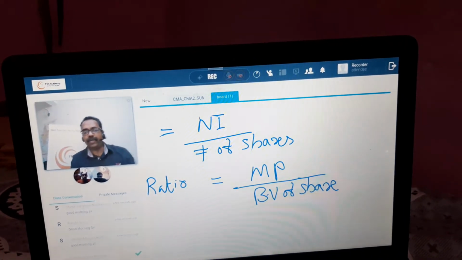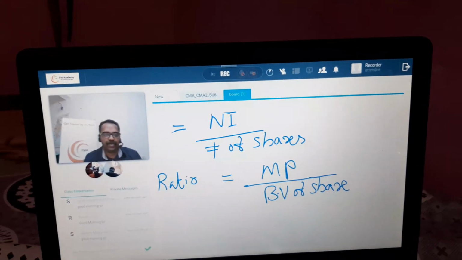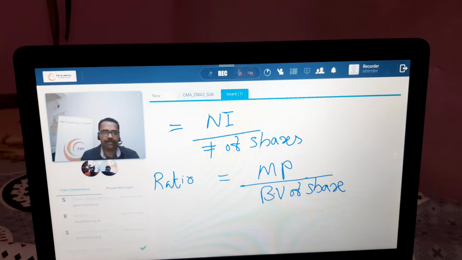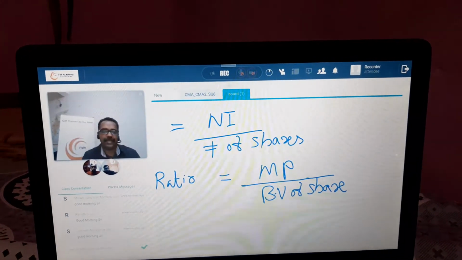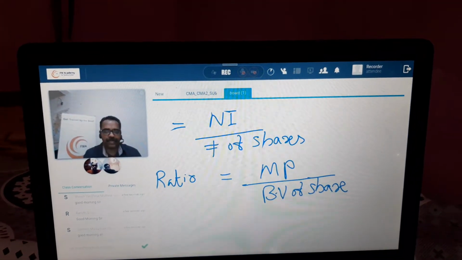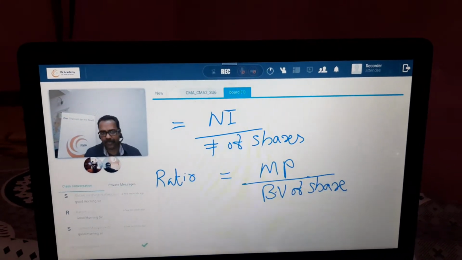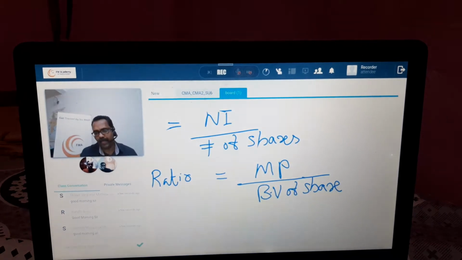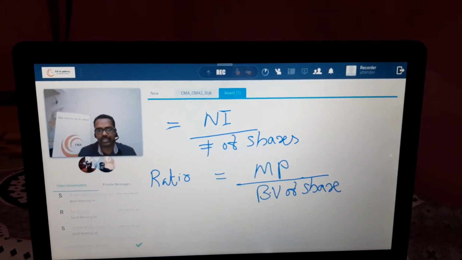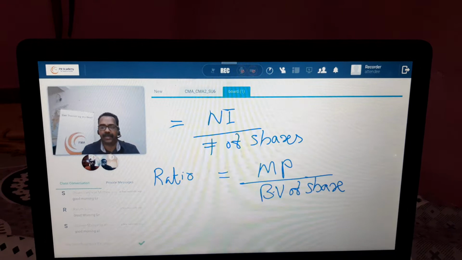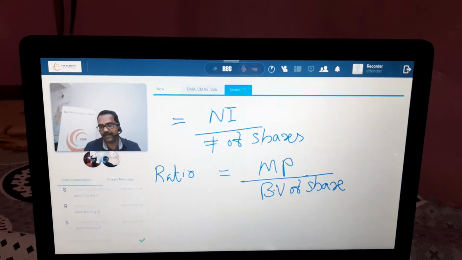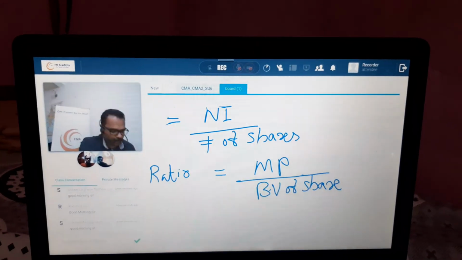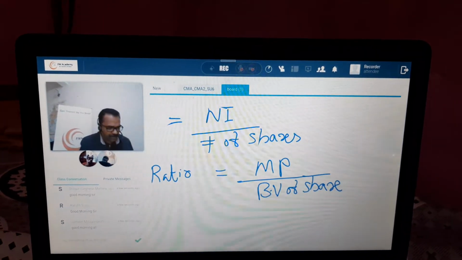What is the book value? You have assets and liabilities. On the other side of the balance sheet, you have the shareholder equity. Let's say 1 million. You have, let's say, 500,000 shares. So what is the book value? It is just 2. So what is in the books? The value of a share on a per share basis. This is about the PB ratio. Now our questions are related to this.